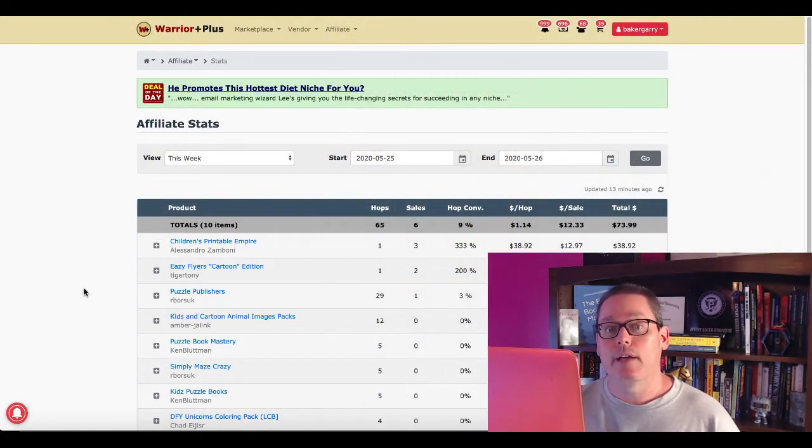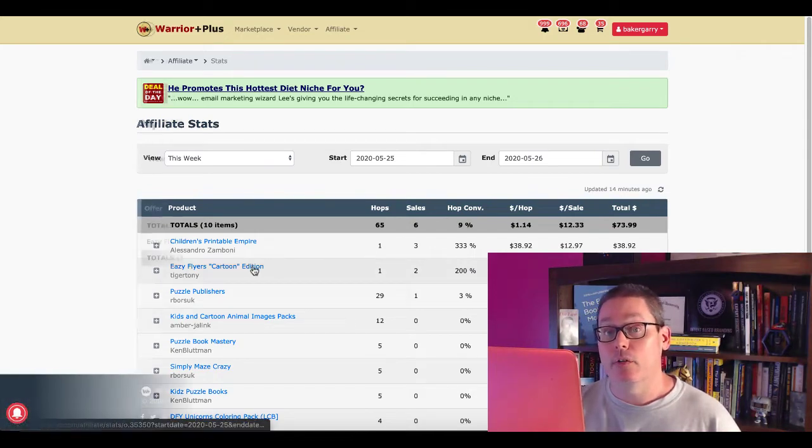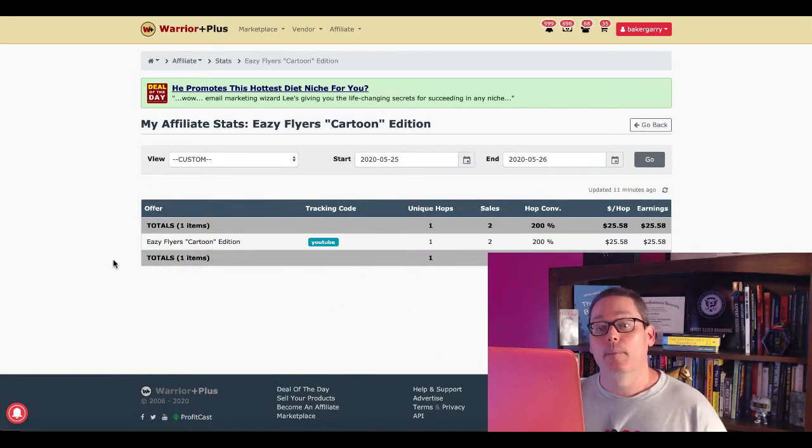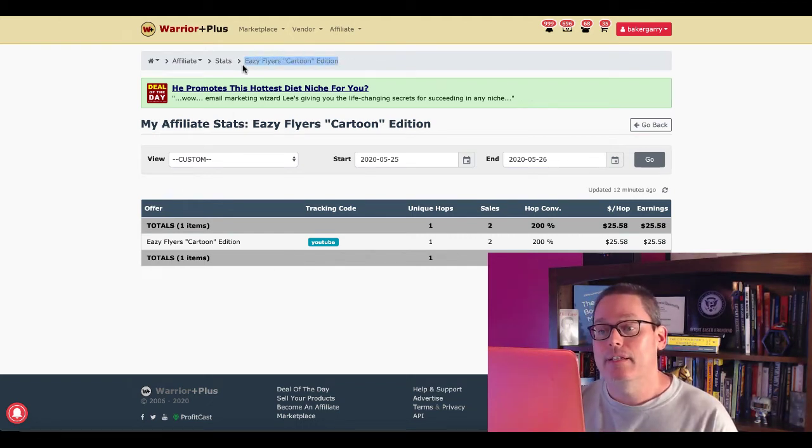So here we are inside of WarriorPlus again, that same affiliate stats dashboard, and you can see Easy Flyer Cartoon, 1 hop, 2 sales. Of course, there's a front end and an upsell. So what you want to do at this point is click on Easy Flyer Cartoon Edition. That's going to open up a new page that's going to drill down into your stats for Easy Flyer Cartoon